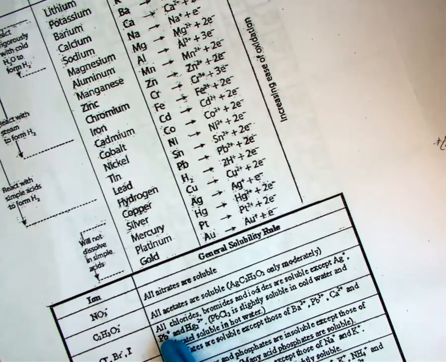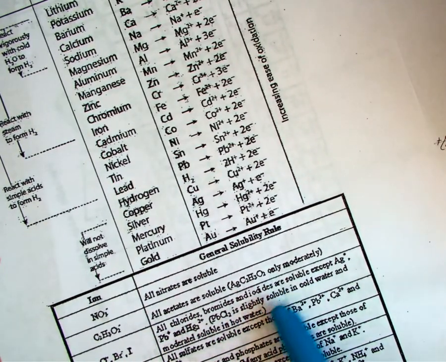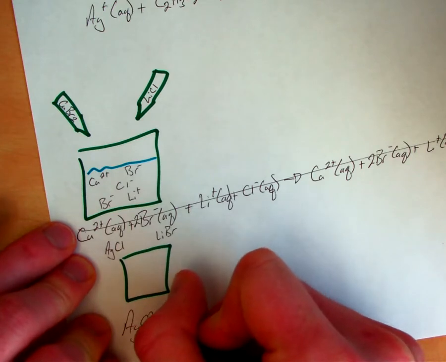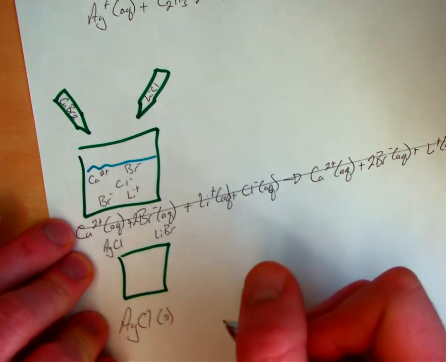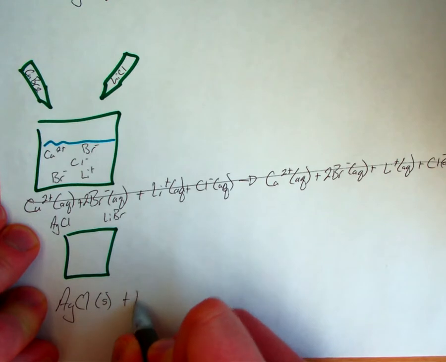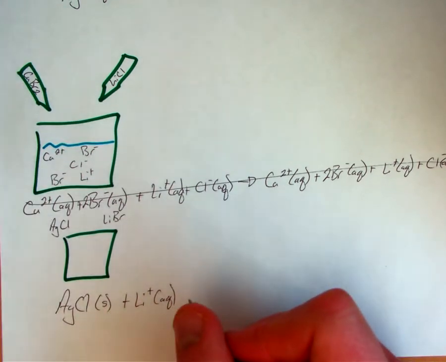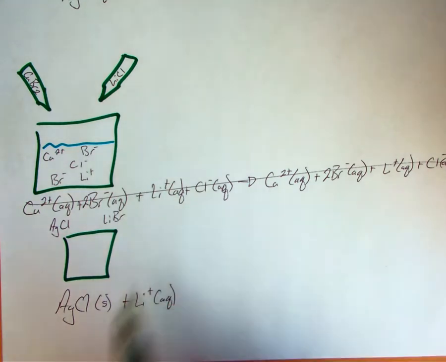And as we recall, all chlorides, bromides, and iodides are soluble except silver, lead, and mercury. So in this case, nothing is going to happen because silver chloride will remain as a precipitate. And since lithium and bromide are not too interested in one another, let's